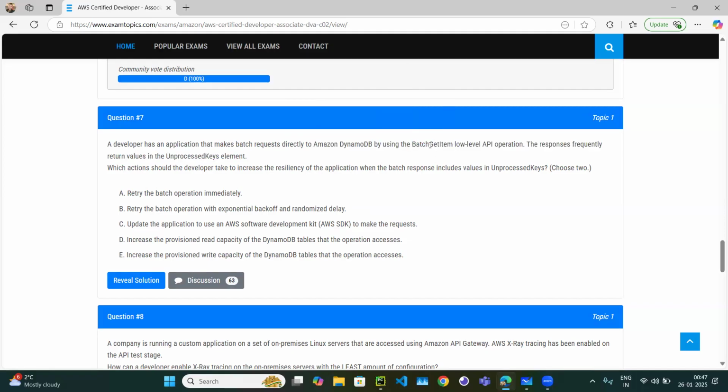So basically, you are getting the items in a batch. Batch means so many items in a single call, and you are already using the low level API. The response frequently returns unprocessed elements. So they said the response sometimes returns unprocessed keys. Which action should the developer take to increase the resiliency of the application when the batch response includes unprocessed